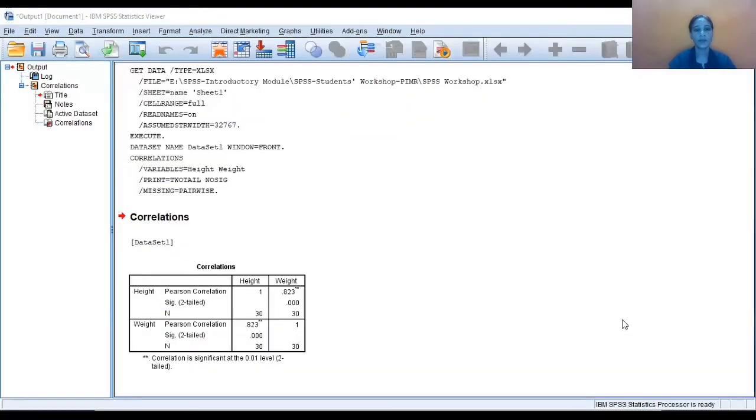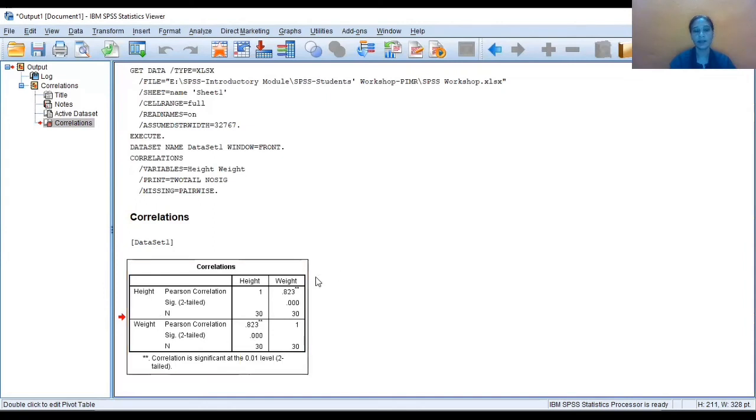As you press OK, the output window of SPSS will give the results of correlation. Here you can see this is the correlation table in which we are getting the results. It is indicating the correlation between height and weight, and the value of Pearson's correlation is 0.823 and its significance value is 0.000.